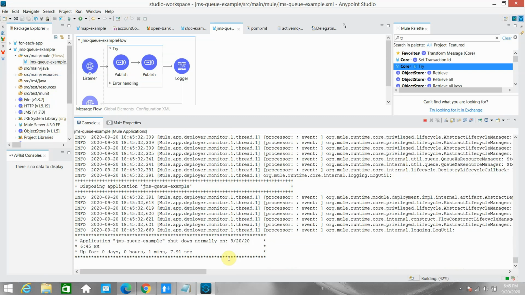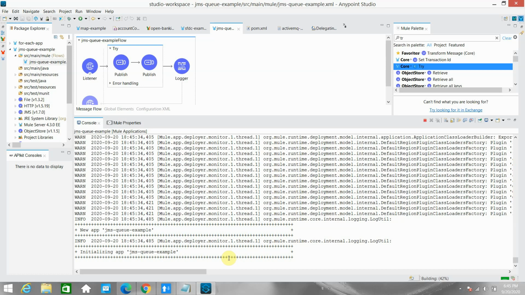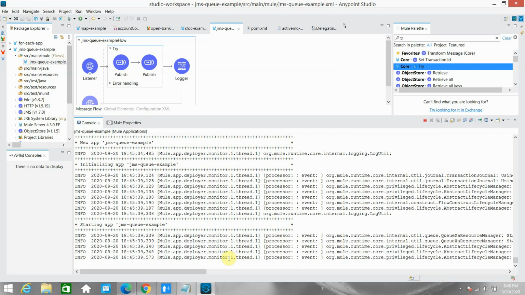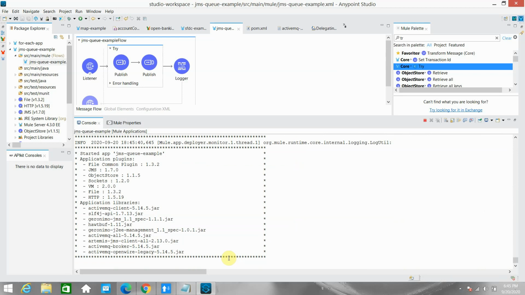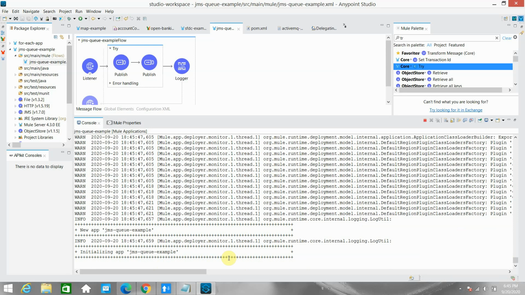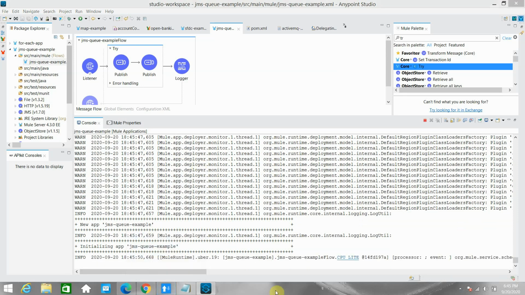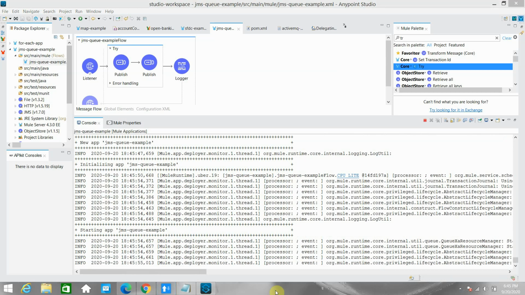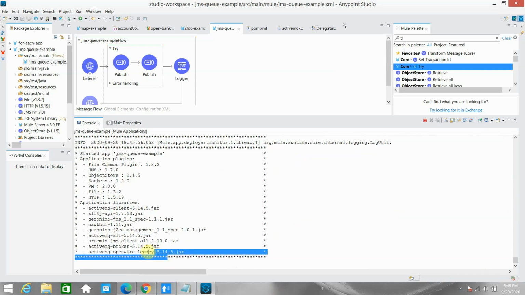Let's wait while the application is deploying. The application is deployed. Okay, it's redeploying. Okay, the application is deployed.